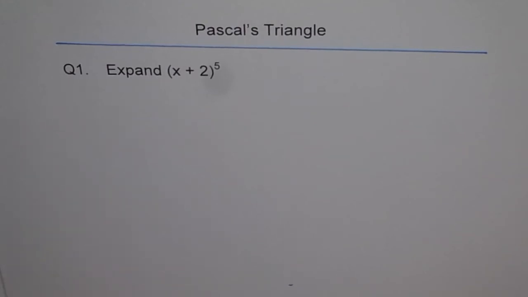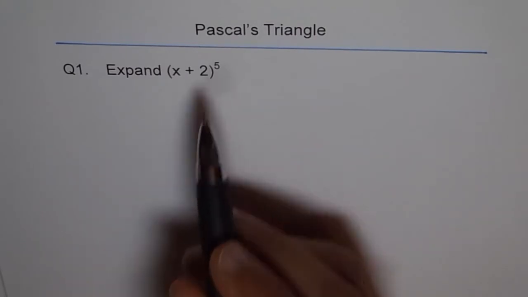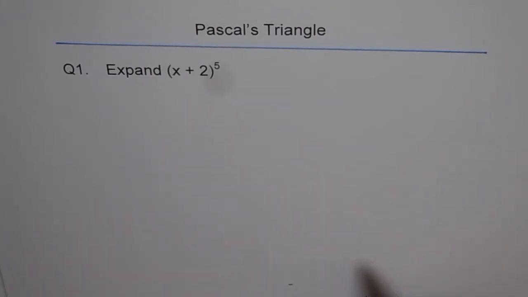Pascal's triangle, right? One of the huge applications of Pascal's triangle is to help us expand binomial terms. So question number 1 is based on that. Expand (x + 2)^5. Now, since the power is 5, we have to go to the 5th row of the Pascal's triangle to find